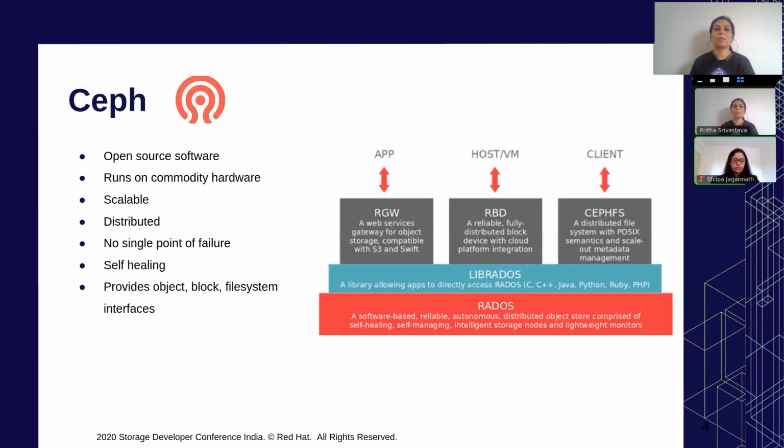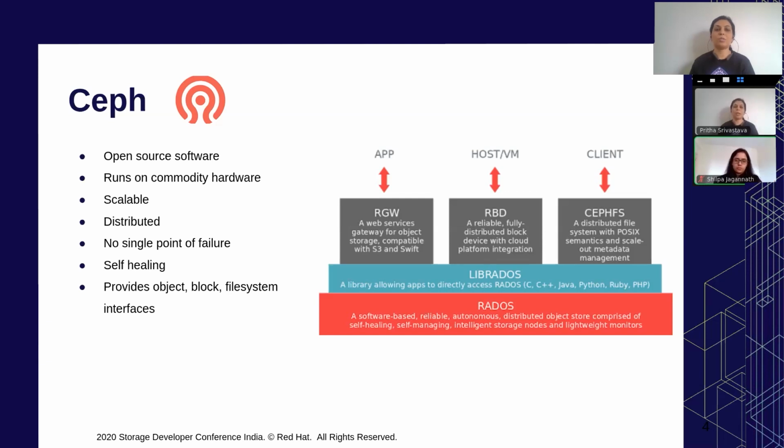What is Ceph? Ceph is an open source software defined storage. It runs on commodity hardware and there is absolutely no vendor lock in. It provides high reliability by providing erasure coding and replication. It is distributed in nature. It is highly scalable in the sense that more nodes can be added to make it scale out, and faster hardware can be added to make it scale up.